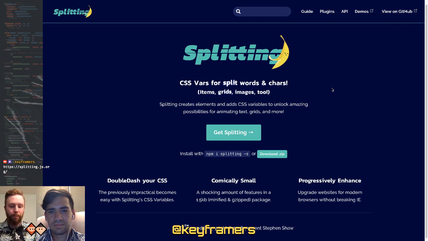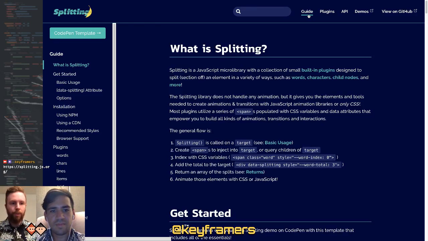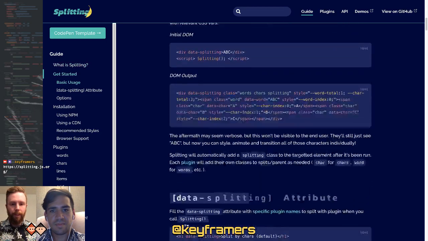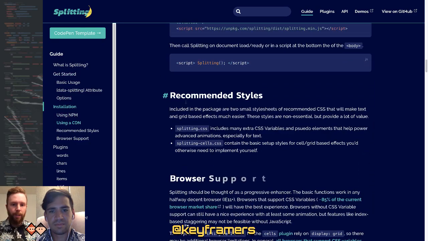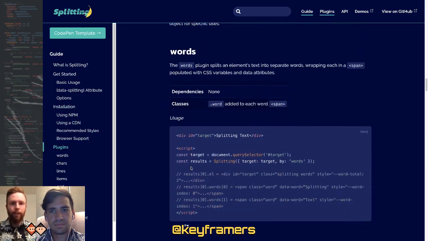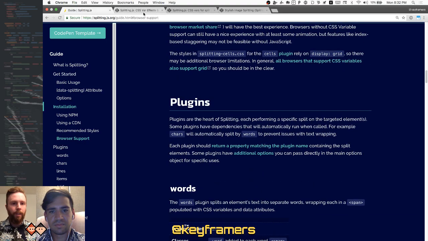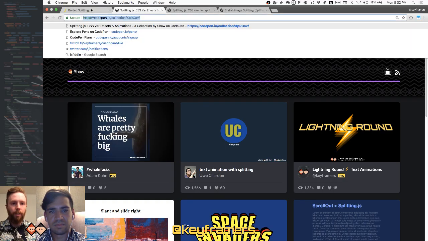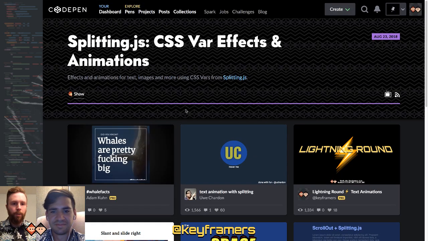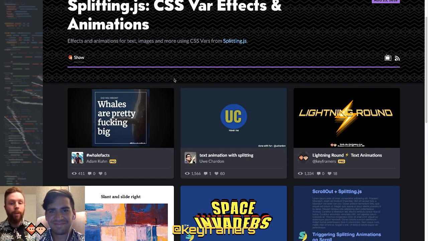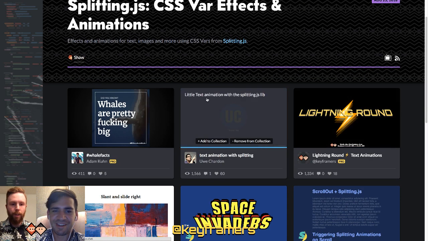I just had a need for it, so I built it, and over the course of all that, I've discovered a lot of really useful instances where this kind of library is helpful. So you can see little text effects in the documentation. There's a link in the top there to demos, and if you follow that, there's a whole CodePen collection of some stuff that other people have been making, some stuff I've made.